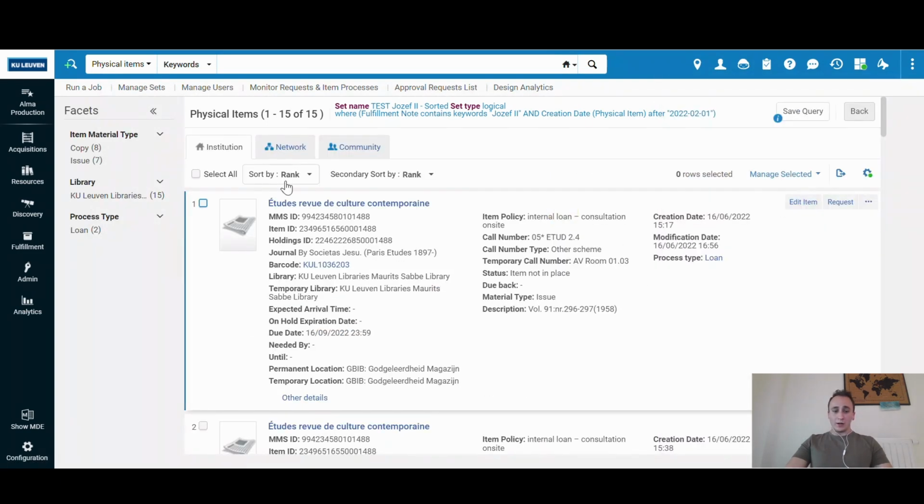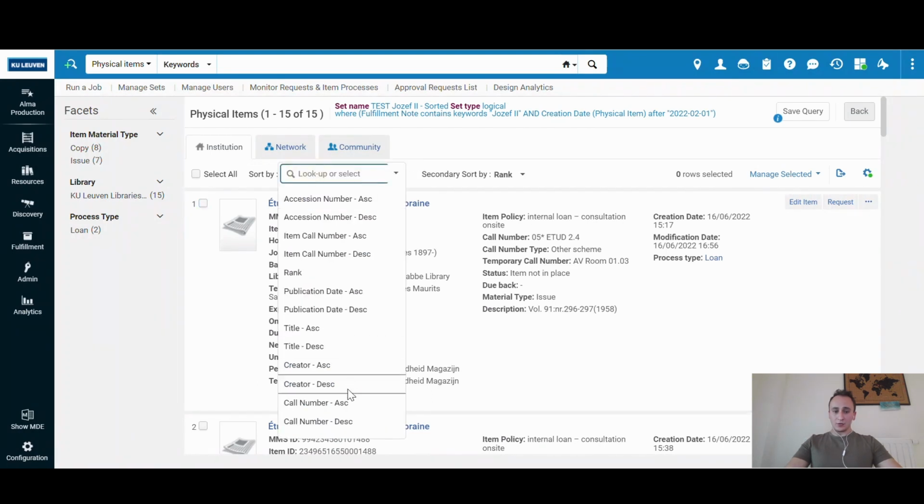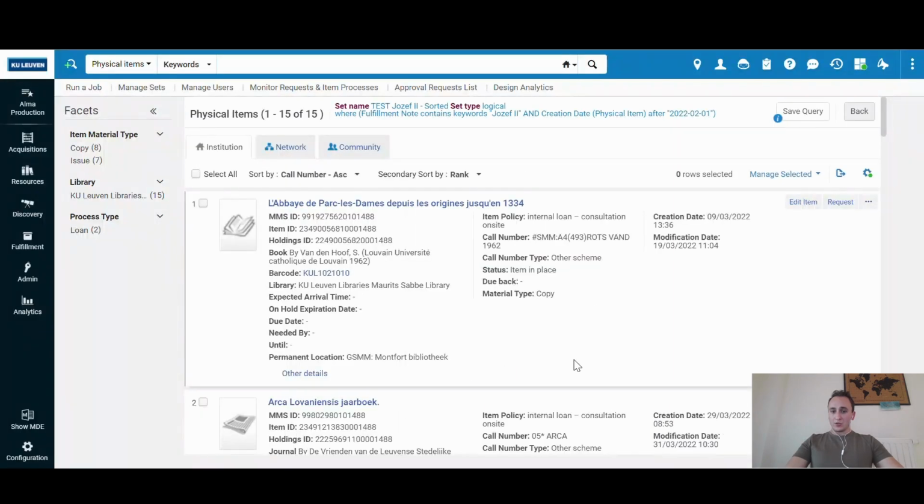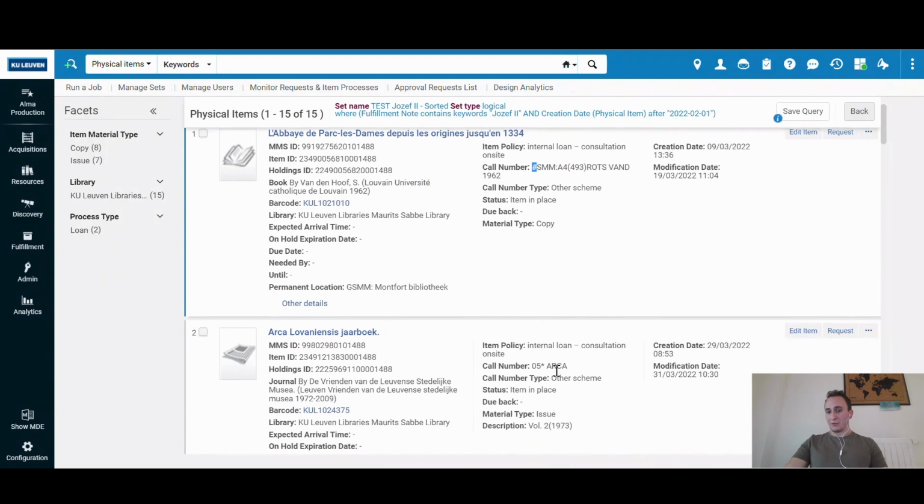Then what I can do is, in the sort by section, click and choose sort by call number ascending. In this case we can see that we have a different sequence. The first item starts with a hashtag, and this happens because symbols have priority over numbers and letters in alphanumerical order.